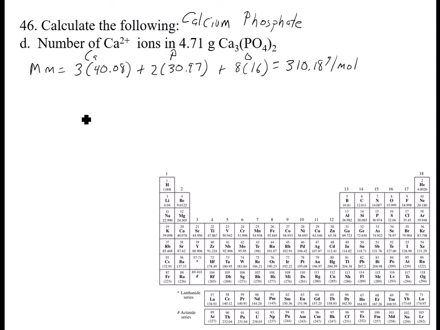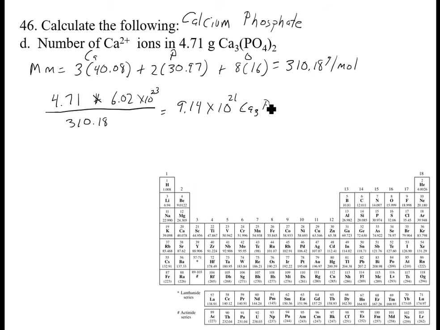I'm still going to do this the same way. I take the mass given, 4.71, times 6.02 times 10 to the 23rd, divided by 310.18, and that gives me 9.14 times 10 to the 21st. This is going to be the Ca3(PO4)2 formula units,